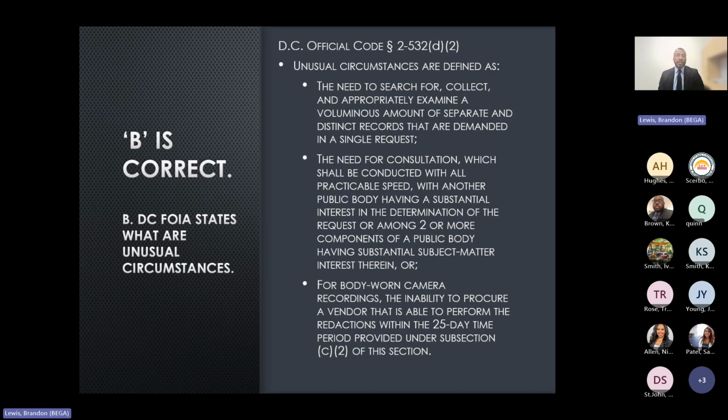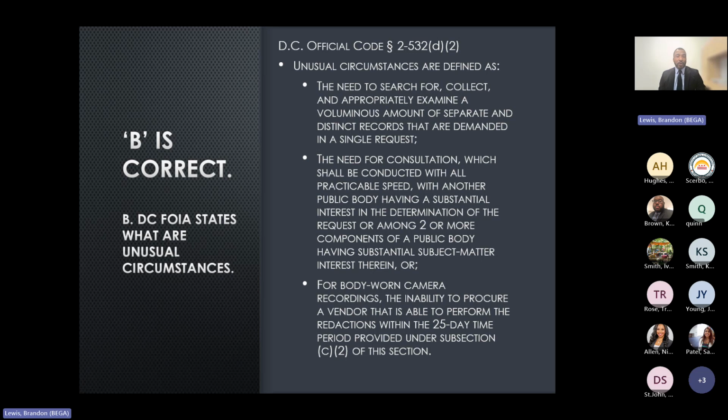Here, B is correct. DC FOIA lists the conditions for unusual circumstances. DC Official Code 2-532(d)(2) defines unusual circumstances as the need to search for, collect, and appropriately examine a voluminous amount of separate and distinct records that are demanded in a single request, the need for consultation, which shall be conducted with all practicable speed with another public body having a substantial interest in the determination of the request, or among two or more components of a public body having substantial subject matter interest therein,